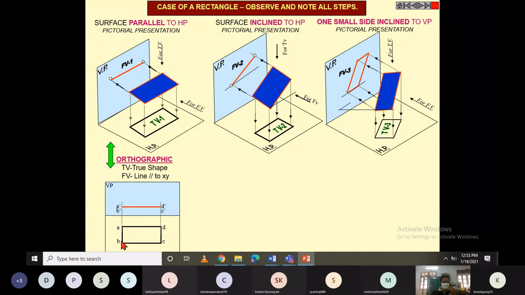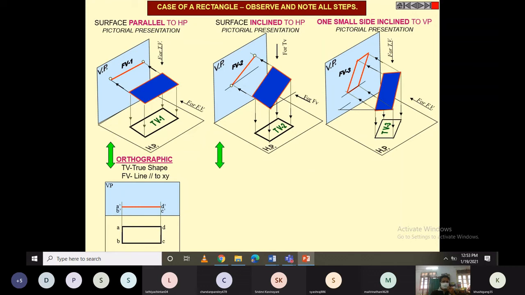Now where exactly that point B will be depends on the size of the smaller edges, because from the top view the true length of the smaller edges is visible. So based on that you can locate the B point. Now after constructing AB, definitely this BC will be exactly perpendicular to this AB. In that way, you simply construct the actual shape of the rectangle given in the problem. So the length and width are provided in the statement. Based on that, you can construct the top view projection for this case.